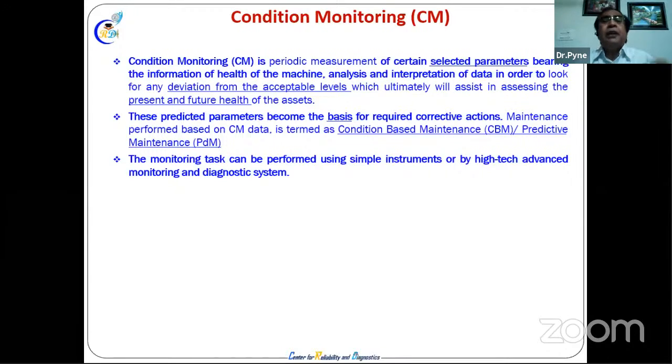Look into the deviation of the machine parameters. Is pressure, flow okay or not? Is vibration okay or not? Is there any change in temperature or not? For that, either you can feel it visually, or if you cannot do it, you use instruments. Different types of parameters have different instruments, and accordingly condition monitoring techniques